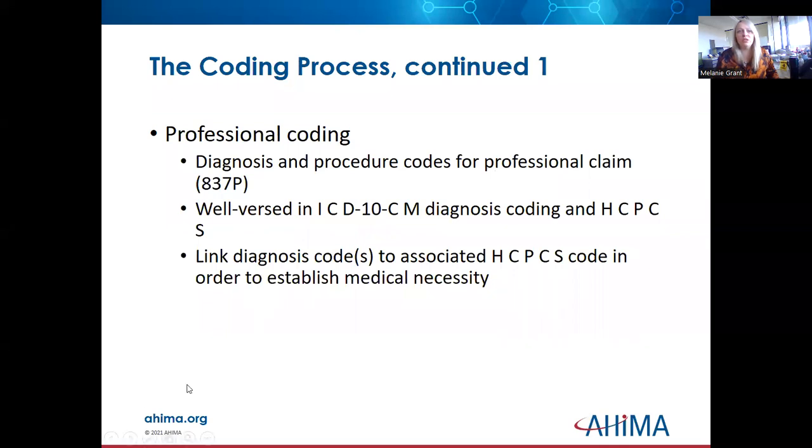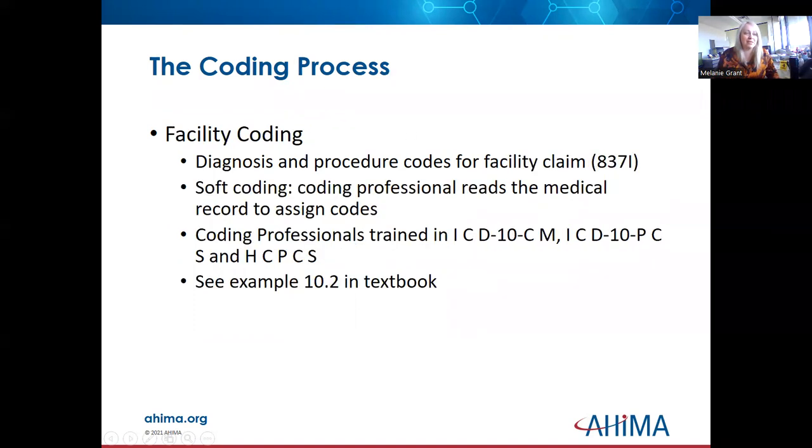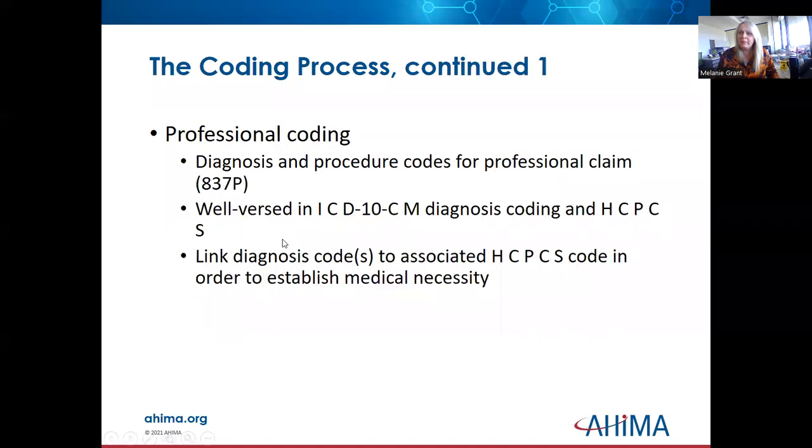Now, as we mentioned, there are different directions that you can have. On the professional coding, as opposed to the facility coding we looked at a moment ago, you have diagnoses and procedure codes for professional claims and 837P. So this means professional. These coders or individuals should be well versed in your CM coding guidelines and understand very clearly how to link